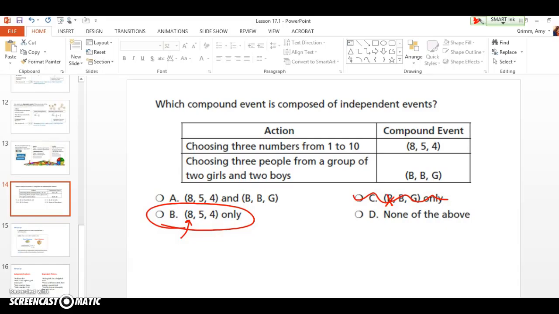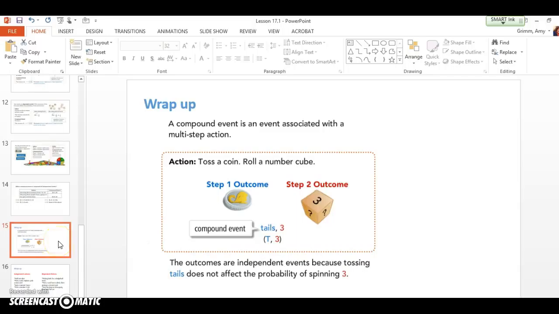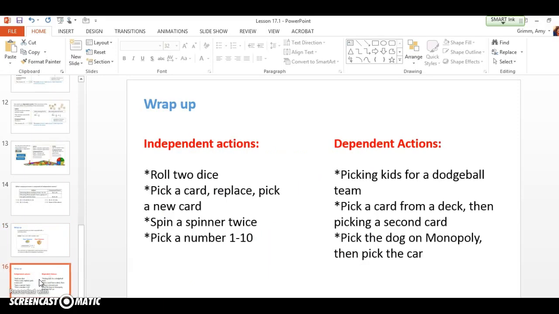Okay? All right, let's wrap this up so you understand the 2 big things that we learned today. First big thing we learned today was now we have compound events and simple events, right? Compound is more than one action. So an example of that is flipping a coin and rolling the die. That's compound probability. Second thing I went over with you guys is independent actions versus dependent actions. So independent are rolling dice, picking a card, replacing it, and then picking again, spinning a spinner twice, picking a number 1 through 10. They don't depend on the other one. They're independent. Okay? And then this one, dependent,